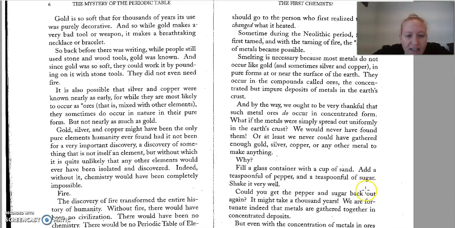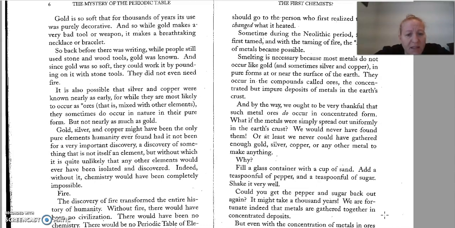It is also possible silver and copper were known nearly as early, for while they are most likely to occur as ores, that is, they are mixed with other elements, they sometimes do occur in nature in their pure form, but not nearly as much as gold. Gold, silver, and copper might have been the only pure elements humanity ever found had it not been for the very important discovery